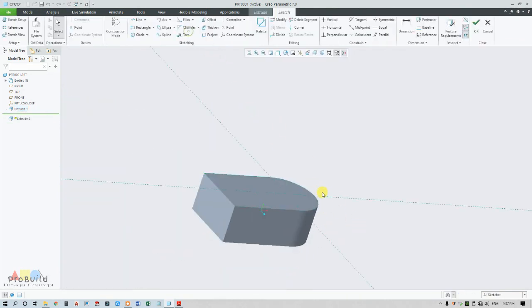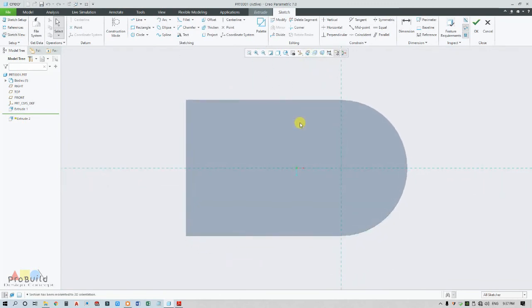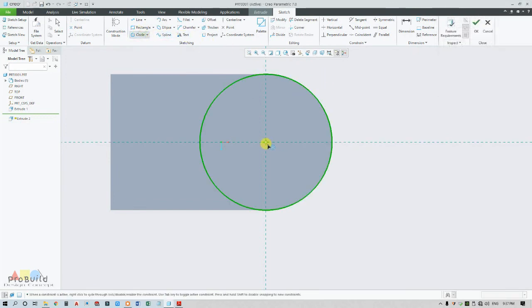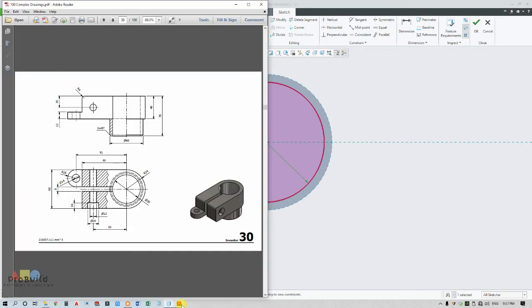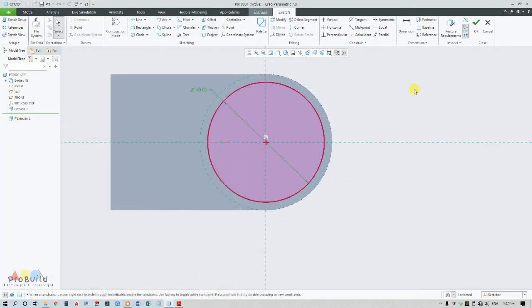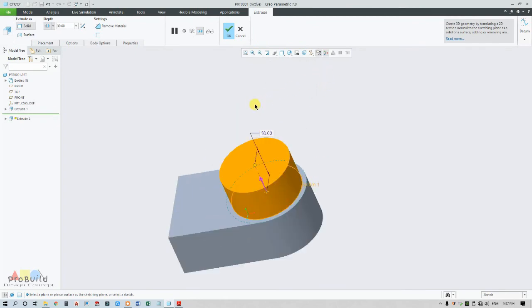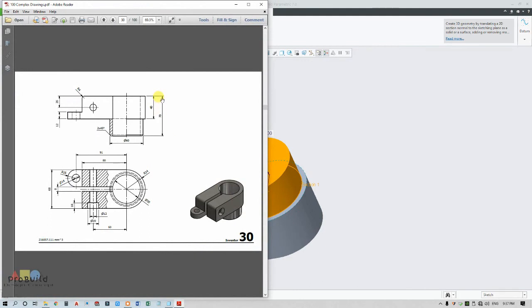I'm selecting this surface, taking this circle as reference, and drawing a circle of radius 30, that is 60 diameter actually. It is extruded up to 30 because overall is 70 and we extruded this part to 40, so the remaining is 30.